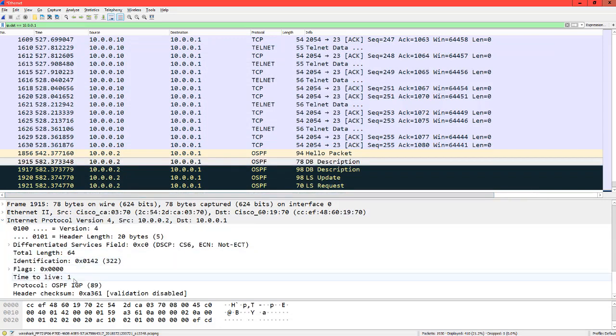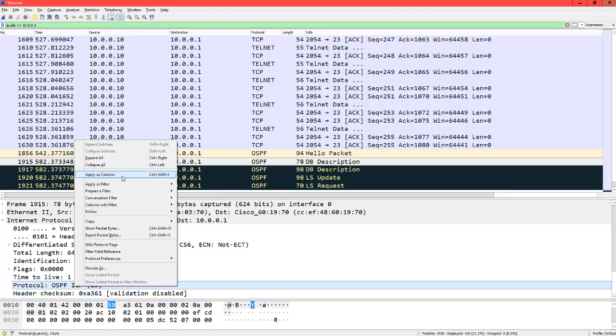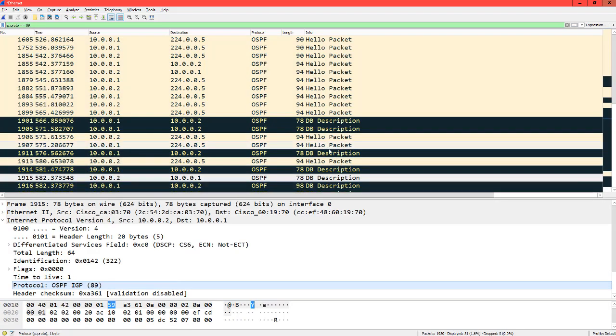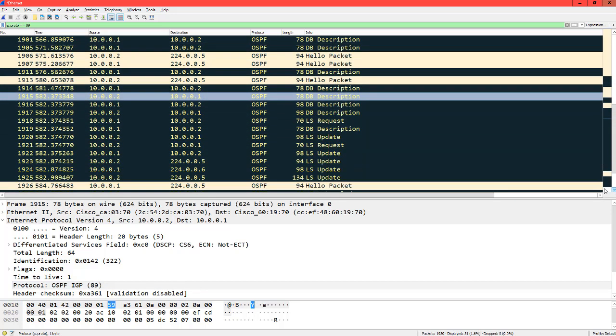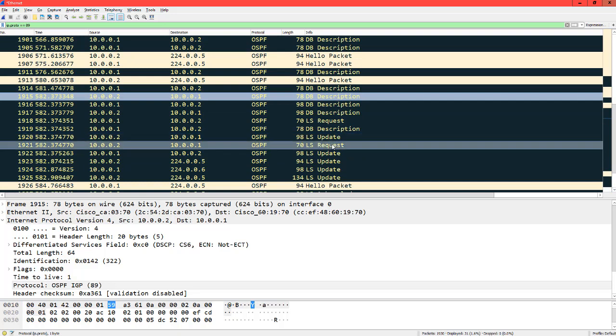And let's apply a filter based on protocol type here. That way I can see just all of the transactions going back and forth, hello packets, database descriptors, link state advertisements, and so on. So I'll scroll down here, and we left off on the link state request and the